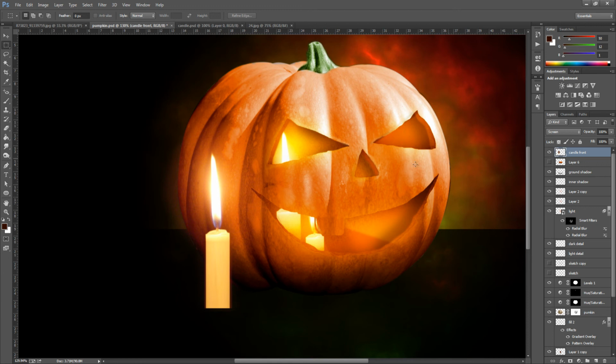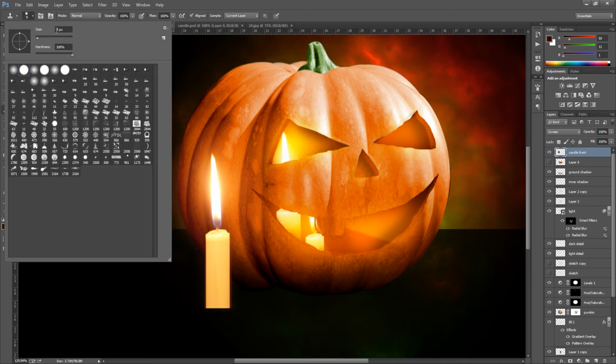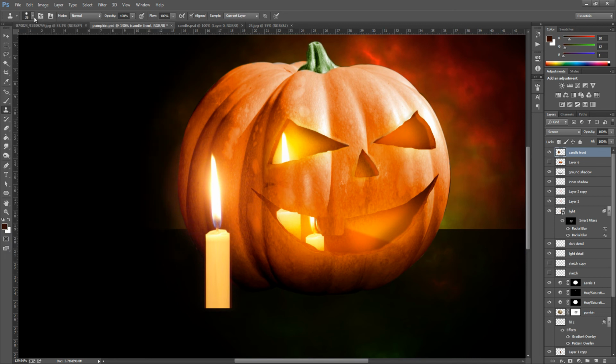So we need to press our clone stamp tool, on the left hand side. We want it to be around about the size of 35 pixels, and the opacity 100% and the flow 100%, and we're just going to change just outside. You have a glow just on the side of this, and we don't want that, so we need to make it darker. So we're just going to clone out that light just on the side like that.